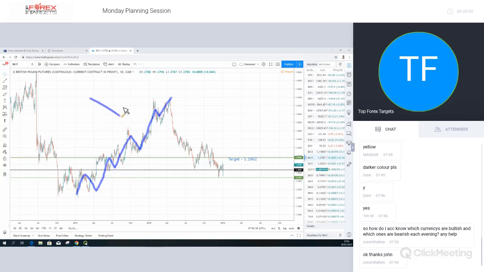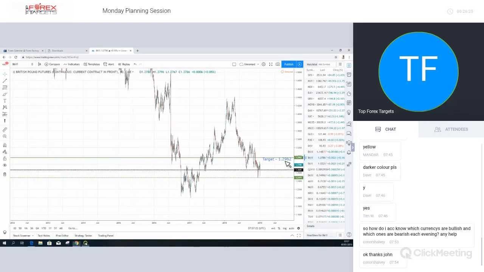Okay, this looks like the impulse wave. It looks from here like this is all part of one move. And then the 1, 2, 3, 4, fifth wave coming into an end over here, looking like potentially an A, a B, and then looking for a C wave up in this area. And this would again fit in with the devaluation of the dollar this year, if that is to take place with the Federal Reserve.